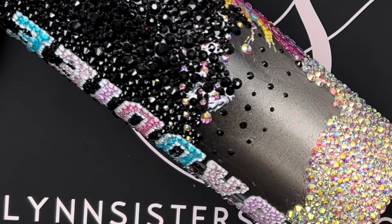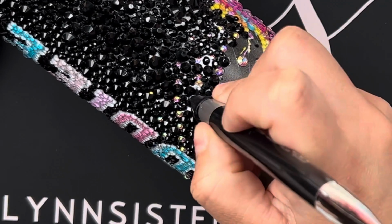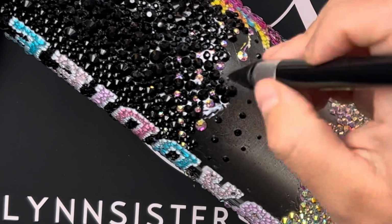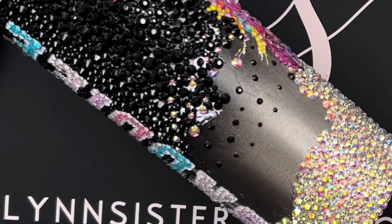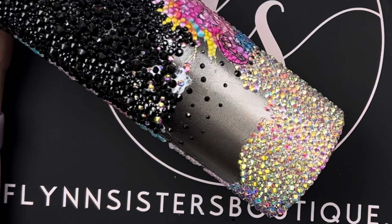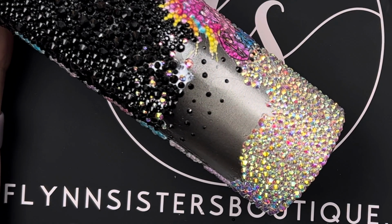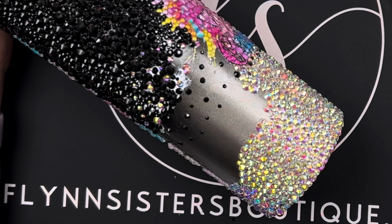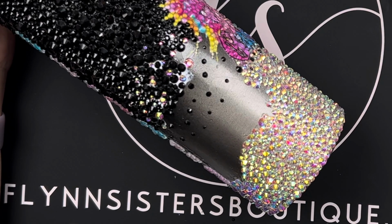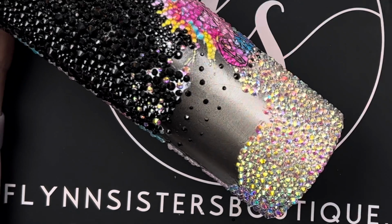Another tip that I can give you that hopefully will help you is to feel free to take a screenshot of my tumbler. At the end, I'm going to show you the entire tumbler when it's finished. Feel free to pause the screen and take a screenshot, and you're welcome to print that out and have it next to you when you're bringing those two colors together in the center, and just use it as a guide. If you want to see where I placed what stones in what color, you can try to mimic it as closely as possible. I know a lot of us are very visual learners, so even if you remember the instructions that I gave you,